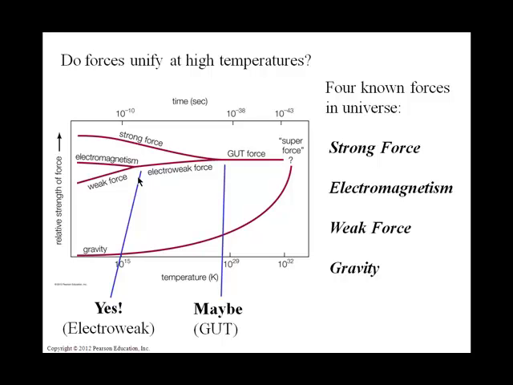At even hotter temperatures and a more dense universe, the three forces, strong force, electromagnetic force, and weak force, joined together in what we call the GUT force. And perhaps way back at the unfolding of space and time of our universe, maybe gravity was thrown in there with the other three forces. And string theory might ultimately lay some